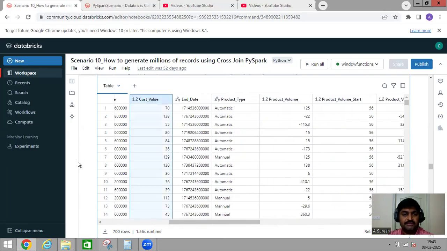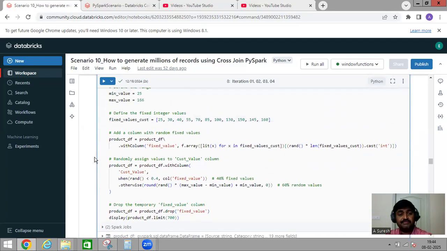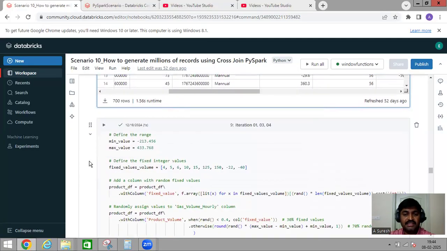So in this, 40% of values will be taken from fixed_value. Okay, so the remaining 60% will be updated by using this logic. So here we are updating this cust_value column. And next,